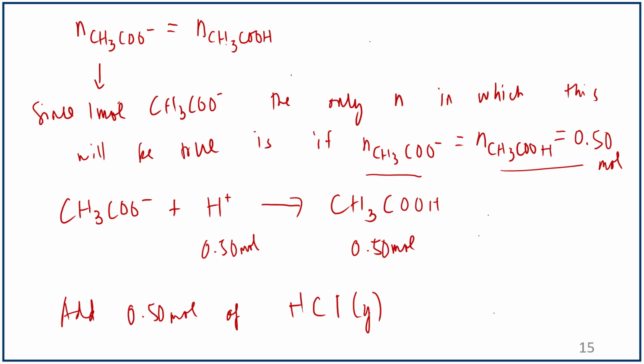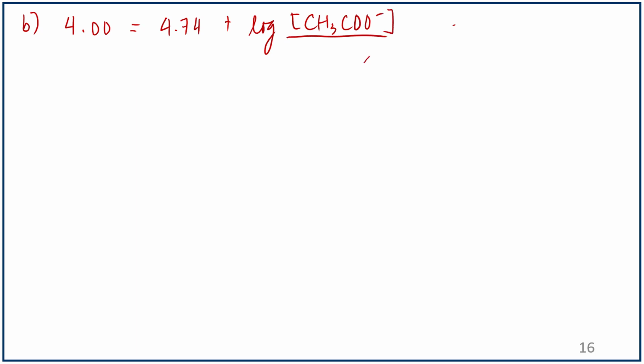Now, what if you have, for example, a target pH of 4, and again you want to start with sodium acetate and just add hydrochloric acid to produce acetic acid? For this one, let's write the conditions. We want a buffer with a pH of 4, and we can write that in the Henderson-Hasselbalch equation. So pH of 4 is equal to 4.74 plus the log of acetate ions, CH3COO minus, and its conjugate acid,